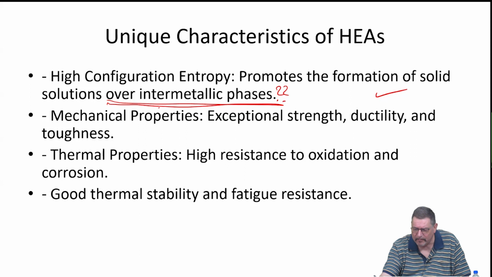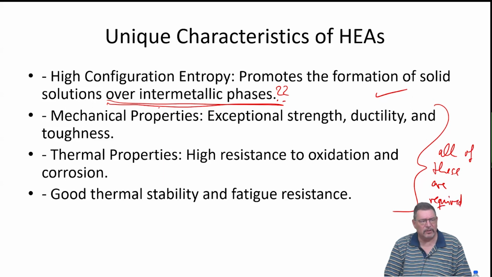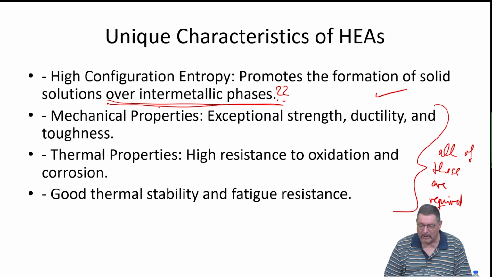And obviously, all of these are required in real-world applications. So if you want to make a material, it probably has to have at least serviceable mechanical properties. It needs to have resistance to oxidation and corrosion. It needs to have thermal stability, fatigue resistance in terms of its microstructure, and also, again, coupled to oxidation and so on. And so this is what we have to go through in terms of making really a new useful material, not just for basic research.